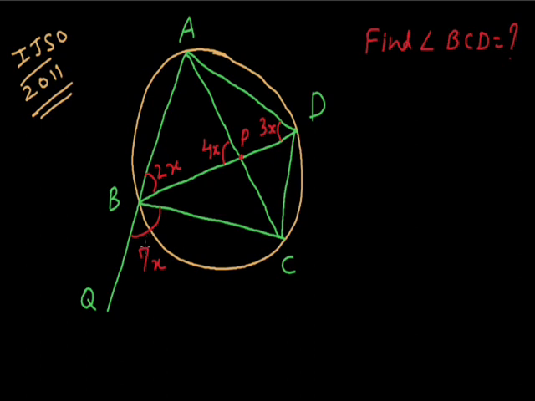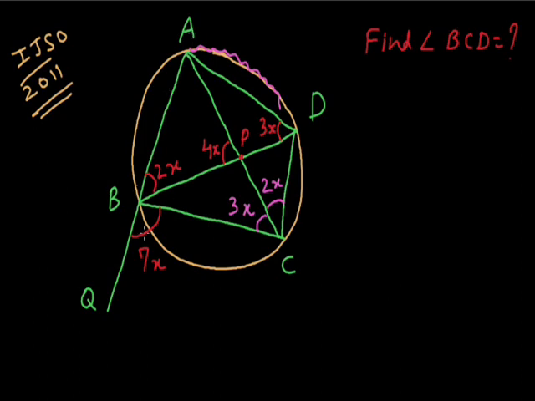Now in this question, you can see this angle is 7x. This angle is 2x, ABD. Then this angle will also be 2x. Why? Angle in same segment. This angle is made by this arc AD. So if it is 2x, then this will be 2x also. Similarly, ADB is 3x, then this angle will also be 3x. Same reason. Angle in same segment. Which angle is formed because of this arc AB? ADB. Similarly, which angle is formed because of arc AB? ACB. 3x, 3x. Clear?